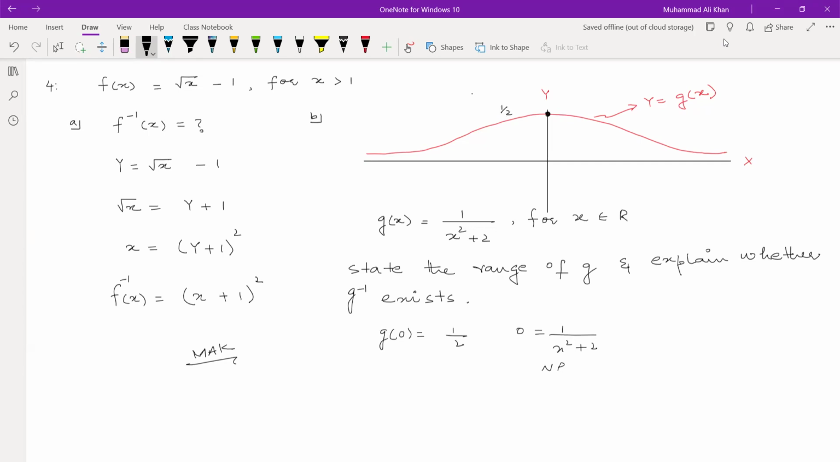So it means the range of the function g is in between 0 and half. We can see the function on the y-axis above 0 up to half. And g inverse is not possible,